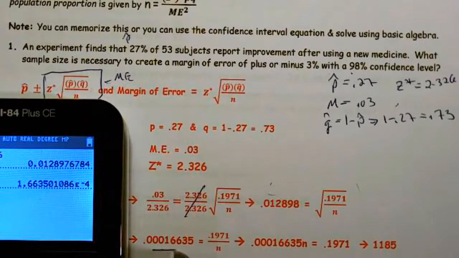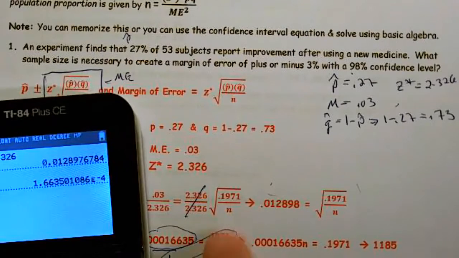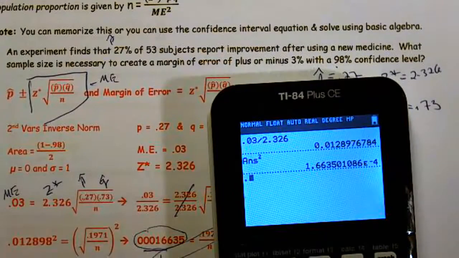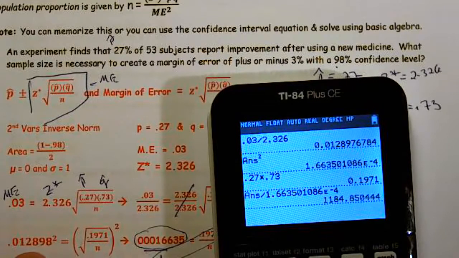If I just put this over 1, I can see I have a nice little proportion. So basically, I'm multiplying 1 times that. That's not going to change, but I'm dividing by this third number right here. By the way, the 0.1971, I should have said, came from multiplying these two numbers, 0.27 times 0.73. Now I'm going to divide it by this little bitty number, that 0.0016 number, divided by that value.